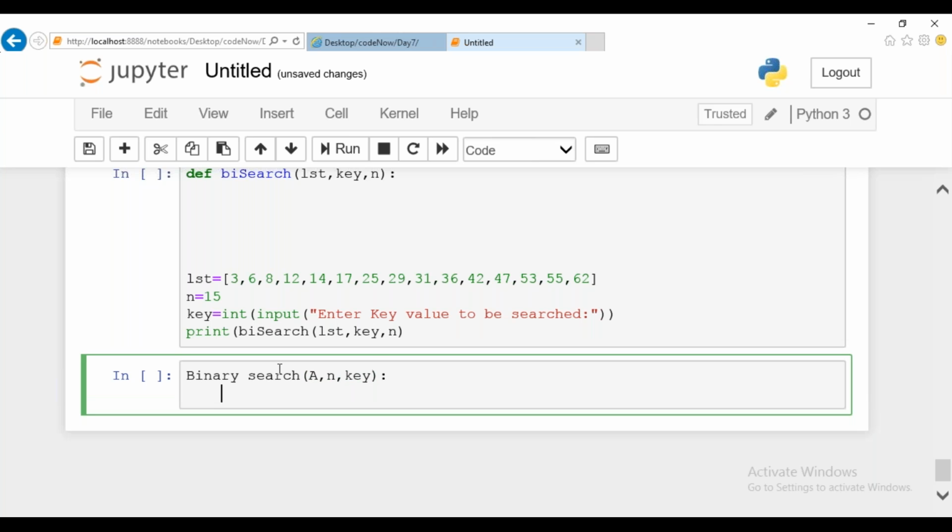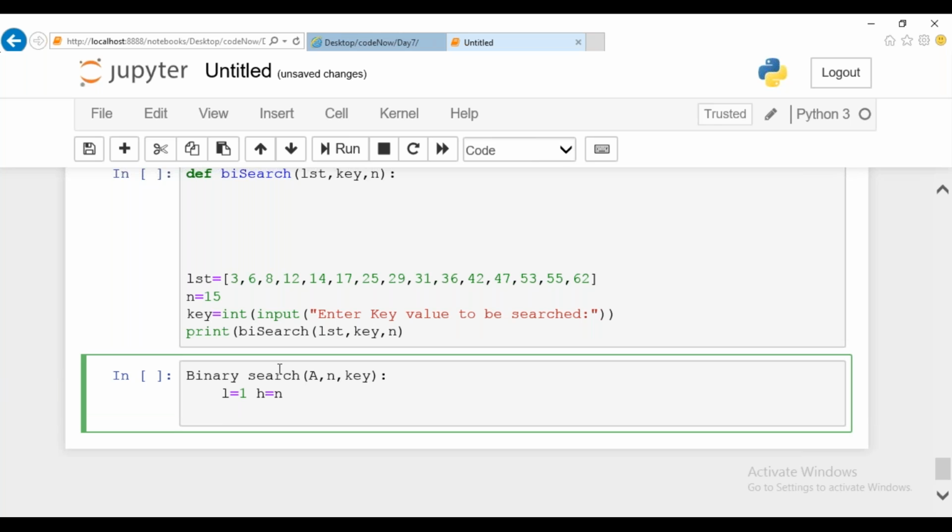And followed by the size, and the key value you're going to take for this function. Here I'm going to set my low value as 1 and high value as n. Low starts with 1 and your high starts with n. Here, I'm going to write a while loop. What is my termination condition? I have told you people. Guys, what I'm writing is an algorithm. Just try to convert this algorithm to a program.